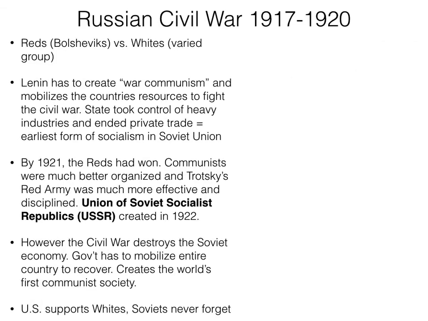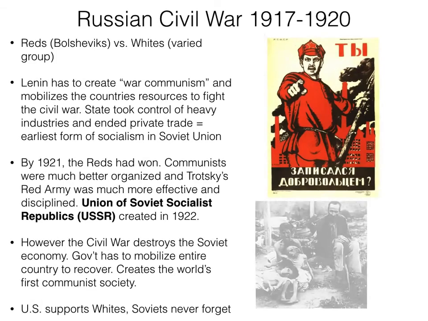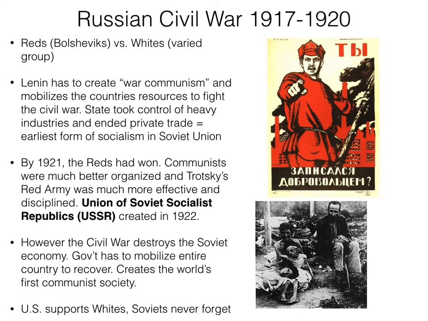Now, these changes that Lenin makes are what are going to lead to the Russian Civil War, which starts in 1917 and is going to last to 1920. So you have basically the Bolsheviks fighting a bunch of different groups that coalesce together to try to destabilize the government, to overthrow the communist government that had been established. And so in this 3-year civil war that's fought,